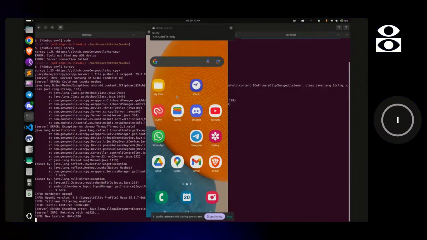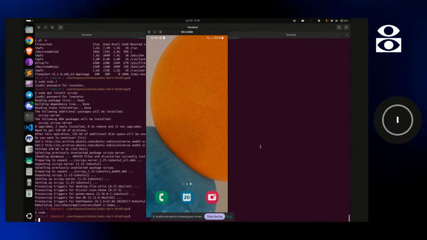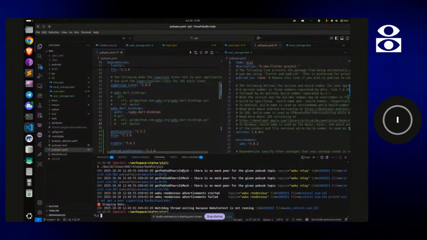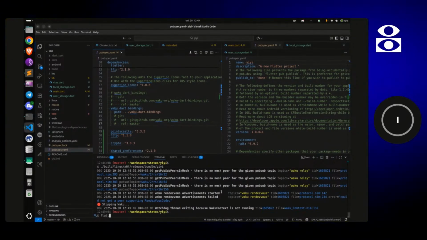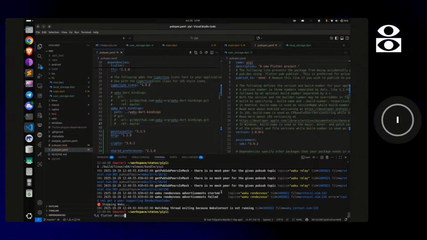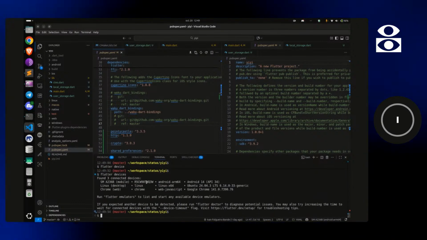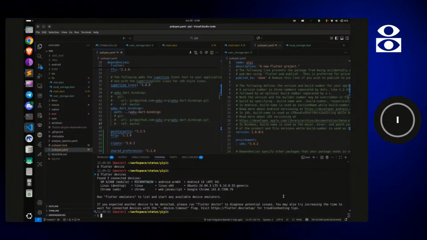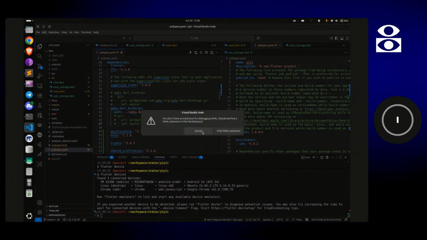This is my mobile, and if we come here and set Flutter devices, we can see this is my mobile phone, and we can debug right away in there.